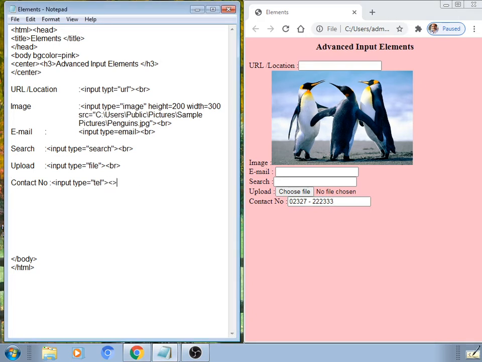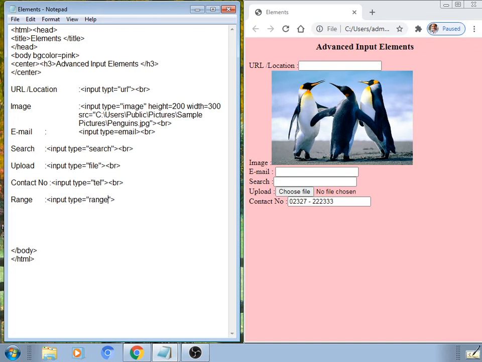after this we are going to see the next element, that is nothing but range, applying a value in a certain range. It is possible. So a range value can be applied. By default it gets a value from 0 to 100. So, see here how it appears. Input type equal to range.